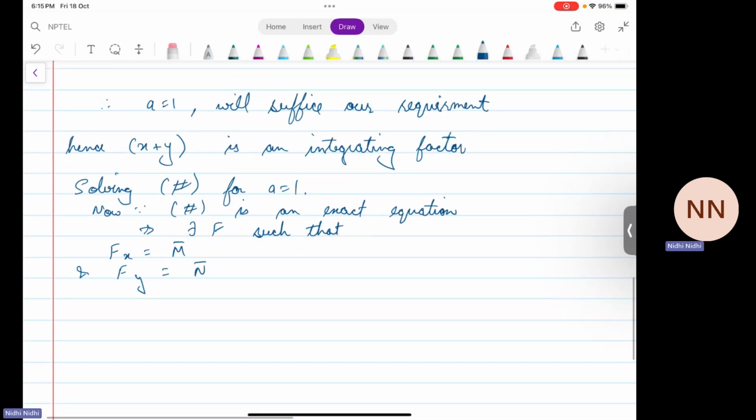So this gives us, integrating equation 1 with respect to x, we get f is equal to,